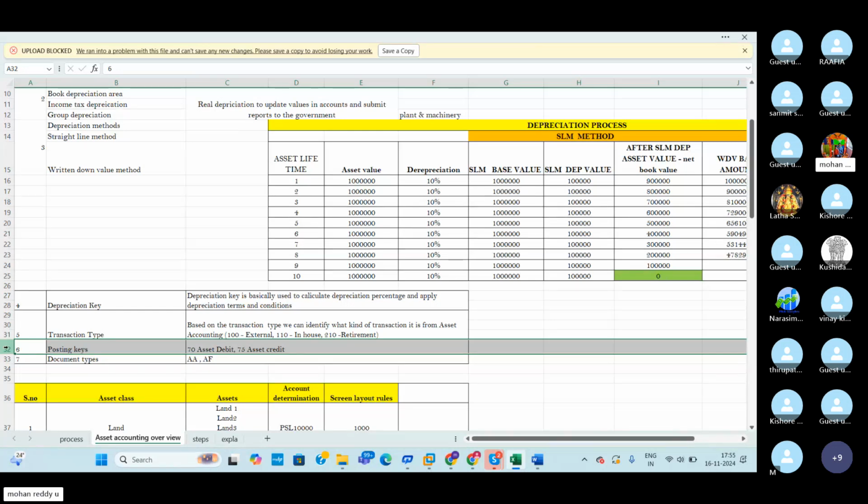So in this scenario, debit 40 and credit 50, that is the posting keys. At the same time, here also, asset debit is 70, asset credit is 75. This is the standard posting keys. So asset debit means